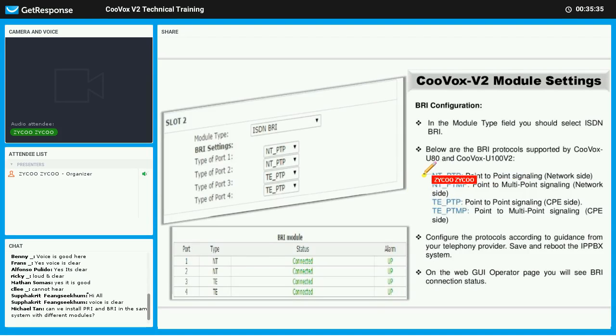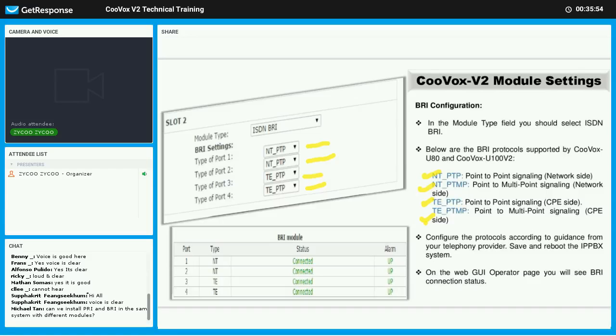You can see the signaling types that are supported by the BRI module. It depends upon your port, which BRI we need to select, like the 4 BRI. So which kind of signaling type you need to select,